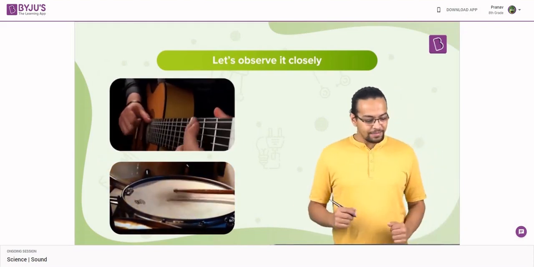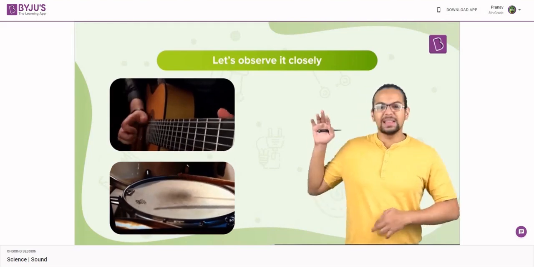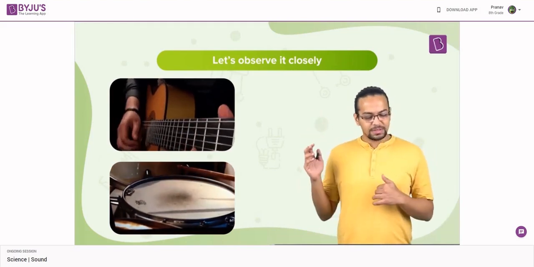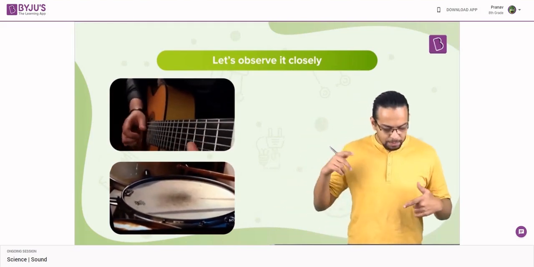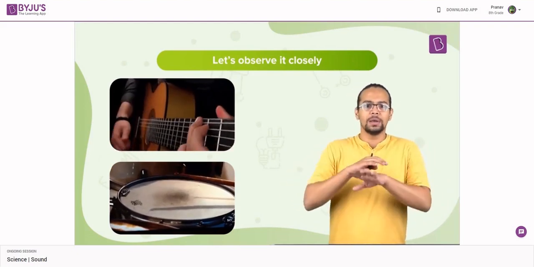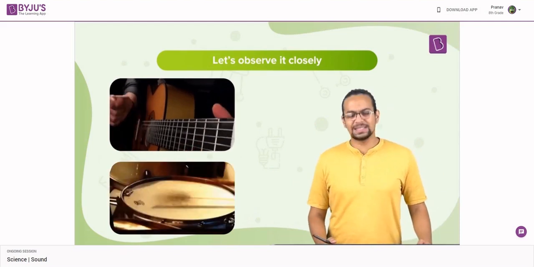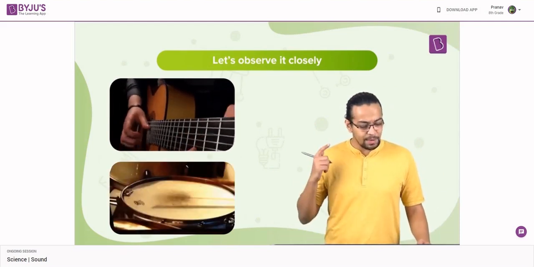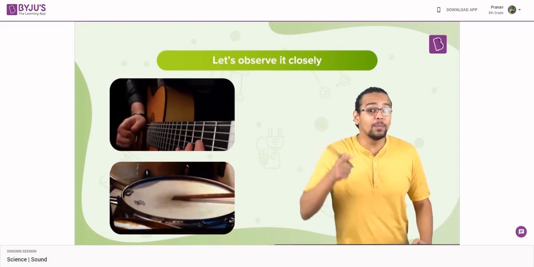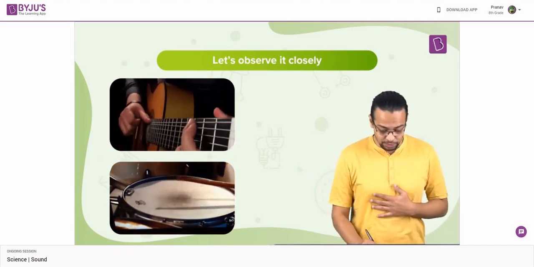Interesting. So I have string instruments where the string seems to be plucked and it's doing something. I have a percussion instrument where the percussion sheet seems to be hit and that's doing something. Now, what exactly is this something that's happening? There's movement, you see? That movement is what is perceived by us as sound.